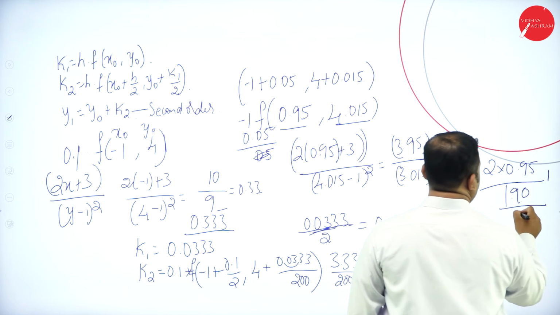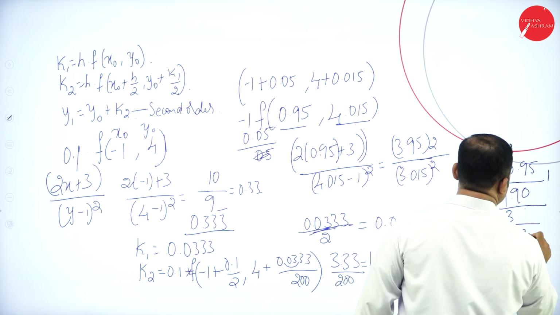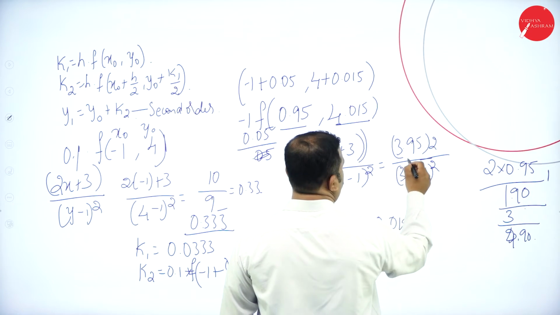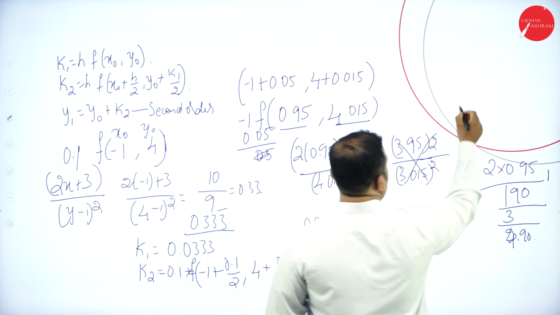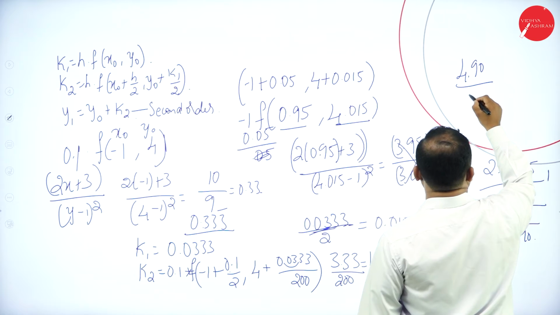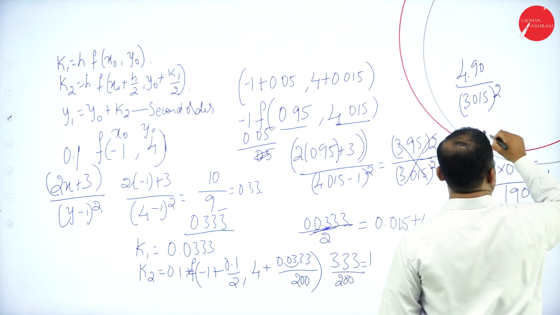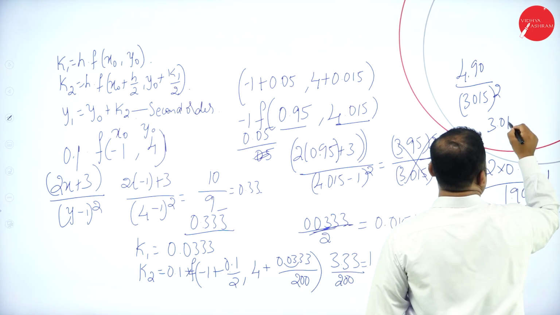1.90 plus 3 is equal to 4.90. We have the term in the numerator, that is 4.90, divided by 3.015 whole square. If I do this operation, 3.015 into